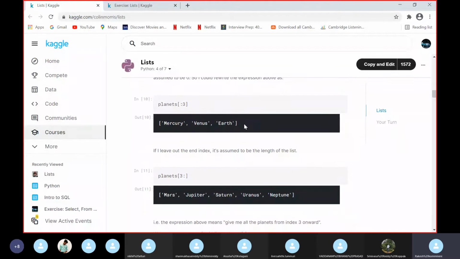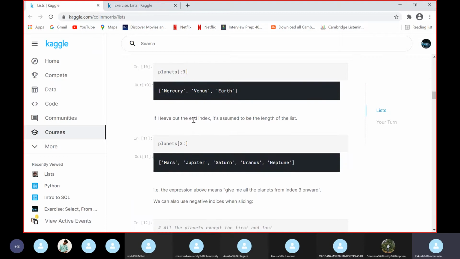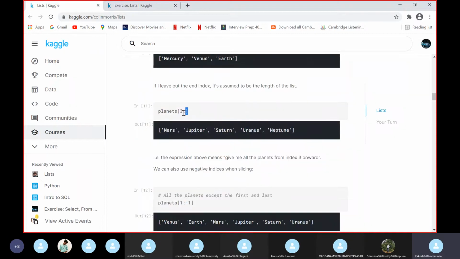By now we know how to retrieve the first 3 elements using this syntax. If we want to know the other elements starting from the third index, this is the syntax for retrieving the elements after the third index. First we need to put the third index followed by a colon, and it is not necessary to specify the last index.